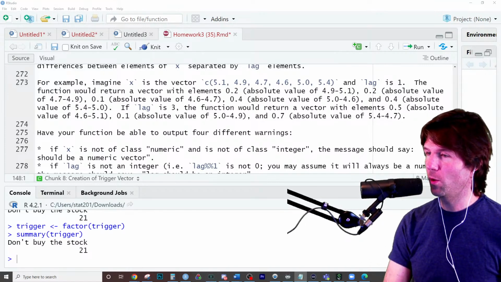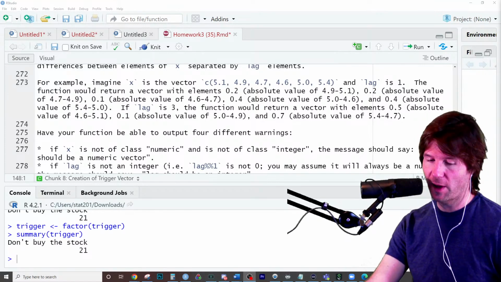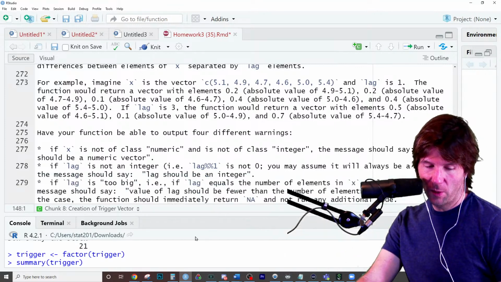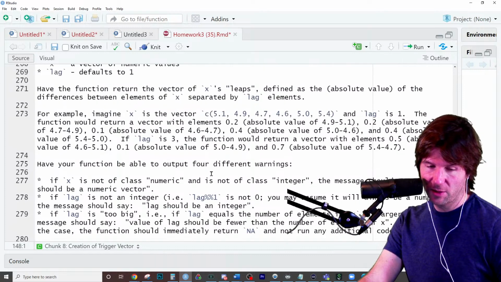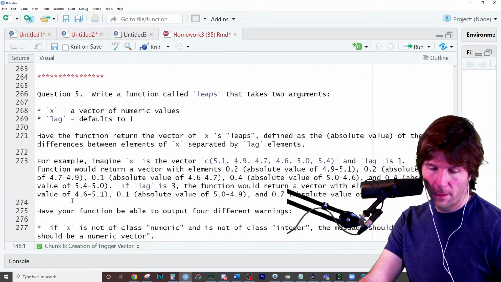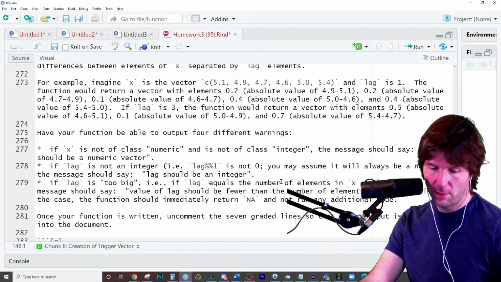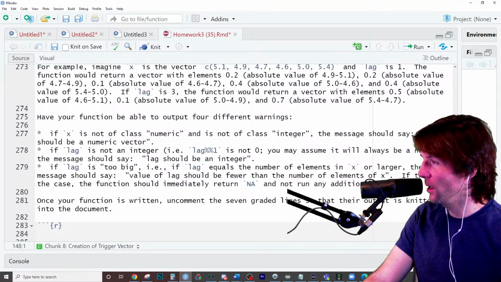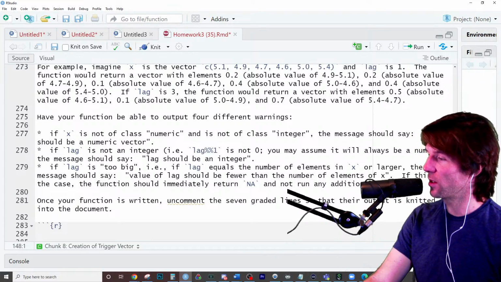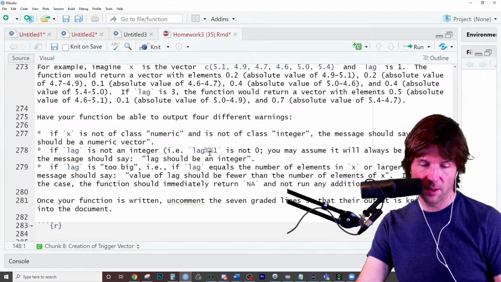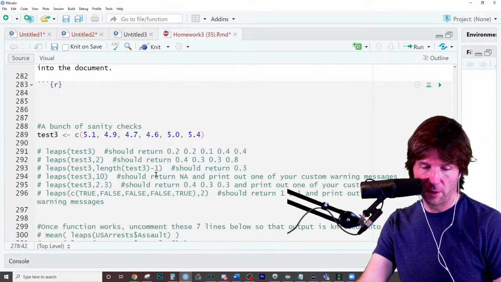Okay, we've got the warning message we're going to talk about here for question 5. And so what we're going to do right here, where's that warning message? I think it's about the vectors not being the same length, right? Trying to look at the question. Warning message. Okay, yeah, and it's about the vectors being the same length. And here it is right here.